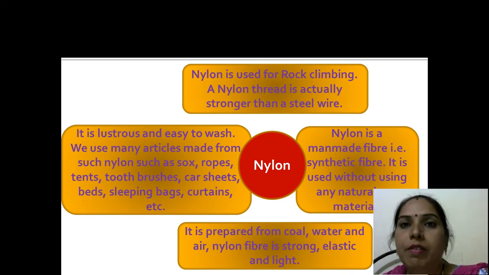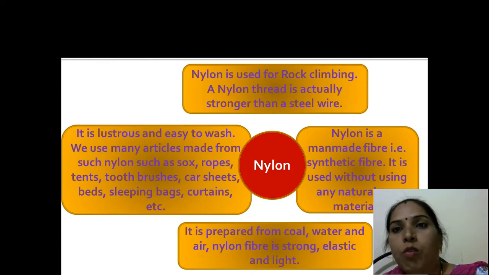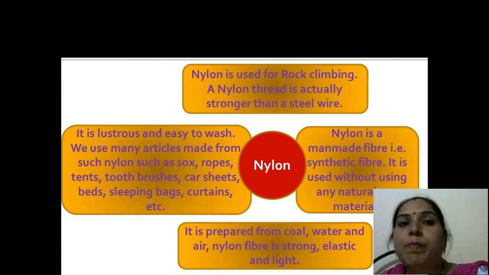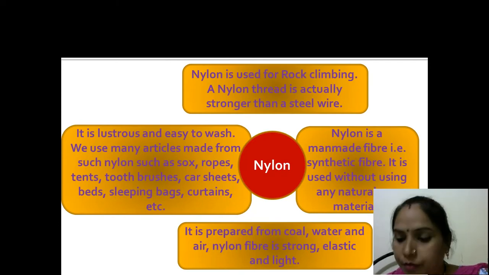Now nylon fiber is strong, elastic and light. It is lustrous and easy to wash. Nylon is very easily washable. We use it for many things such as socks, ropes, tents, toothbrushes and car seats and everything. Okay, now next,